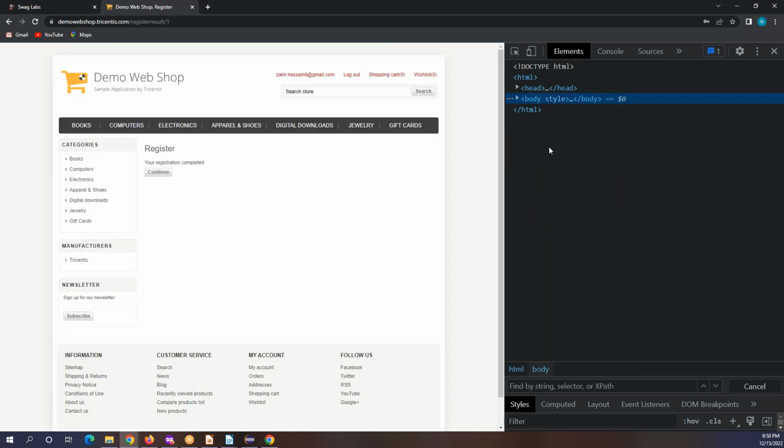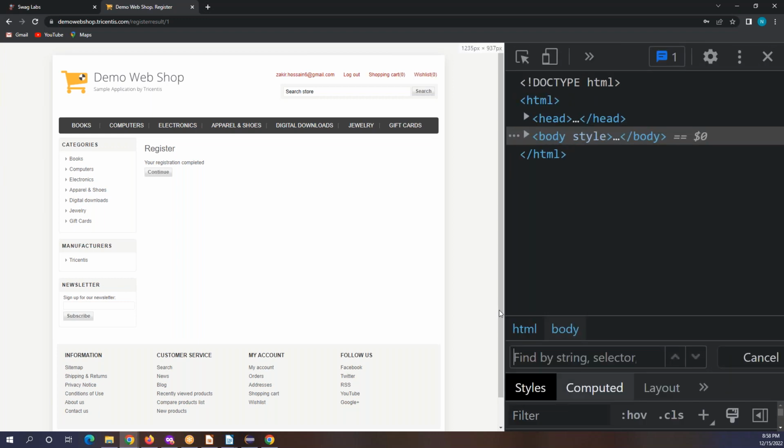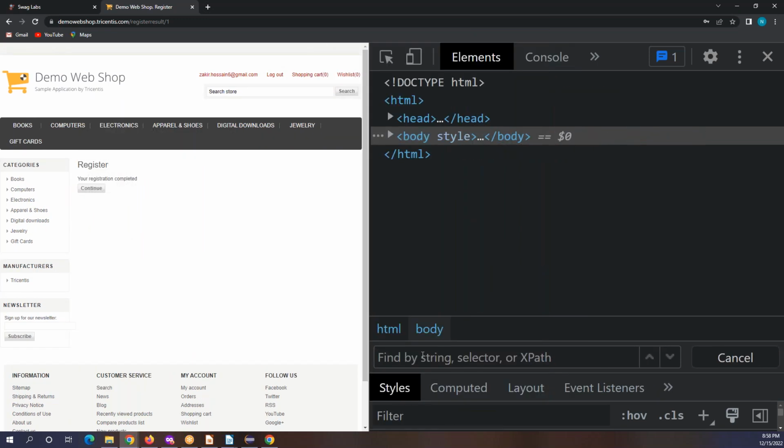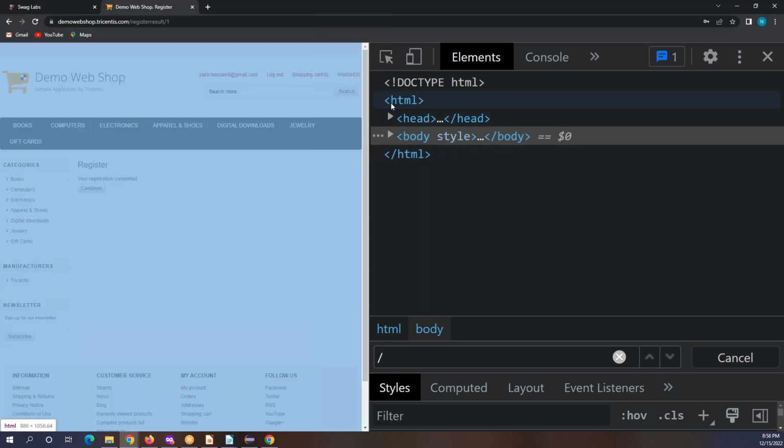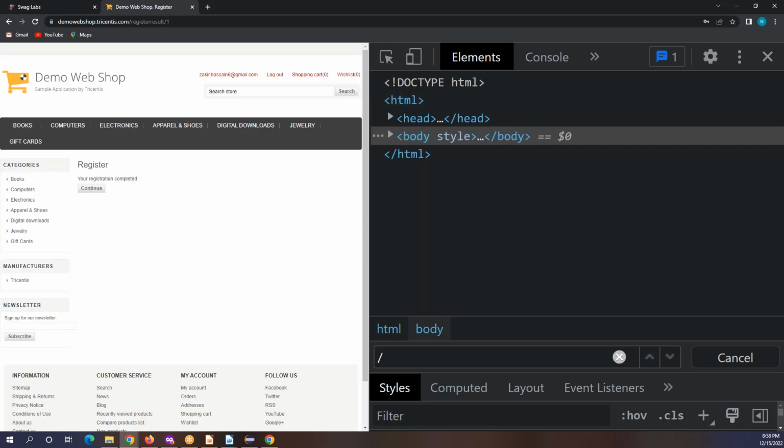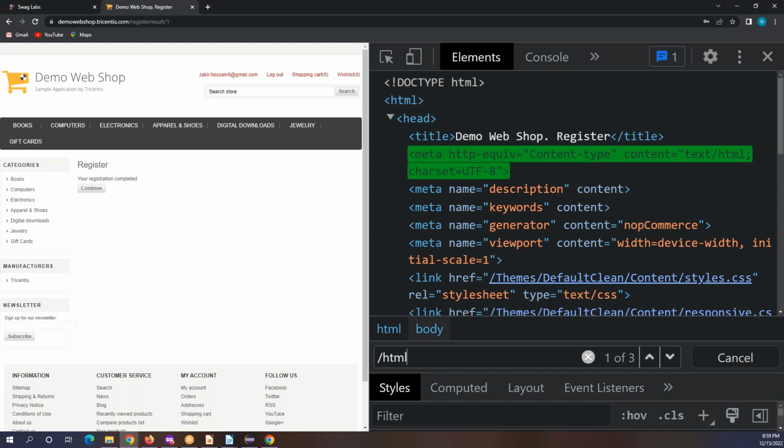Now we are going to write our xpath. Here in the search bar, I can make it bigger. So let's try to find this continue button. First of all, you have to start with one single slash, and type down the tag. So this is the first tag, so you have to write it by default, HTML. Once you type HTML,